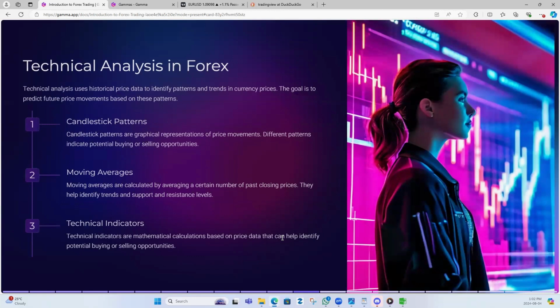Okay, so basically in order to make money, we use charts. We use charts in order to find out what trend the particular currency is trading in. Is it in an uptrend, downtrend or sideways trend? And we use different candlestick patterns, volumes, moving averages, technical indicators. These are the tools that I'm using in order to predict the price. And we have levels marked up in our chart. Once price comes to those levels, we execute our trade, which I'll be explaining once you enroll in the full course.